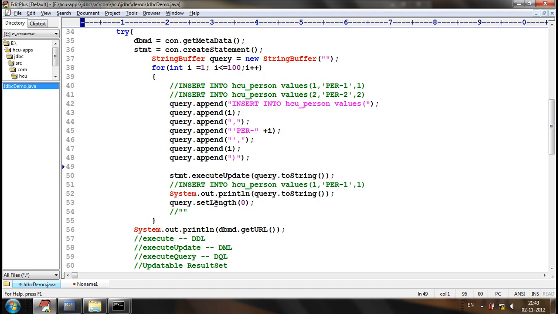Now, how many times is this execute method triggered for inserting 100 rows? How many times have we executed this execute update method for 100 rows? 100 times. Okay? If you use a statement,